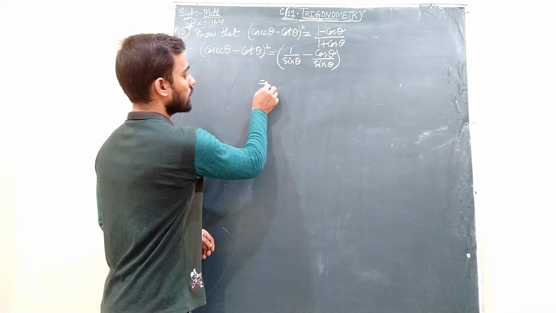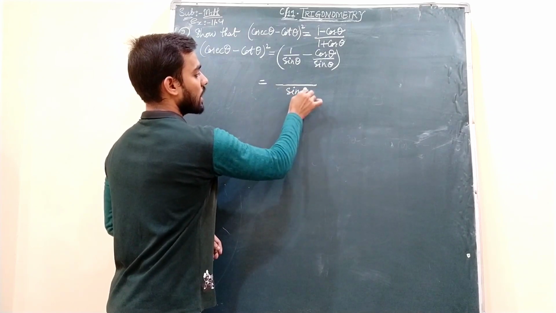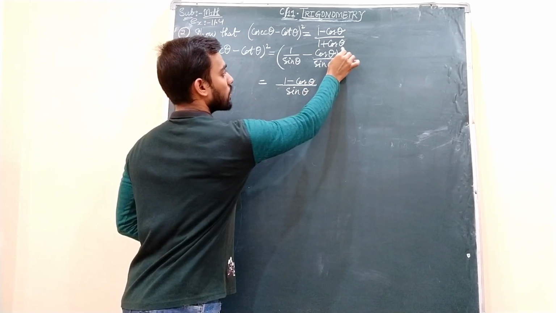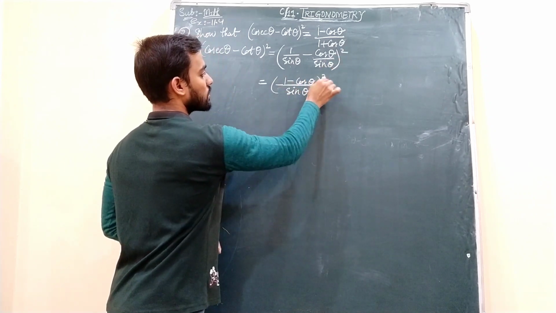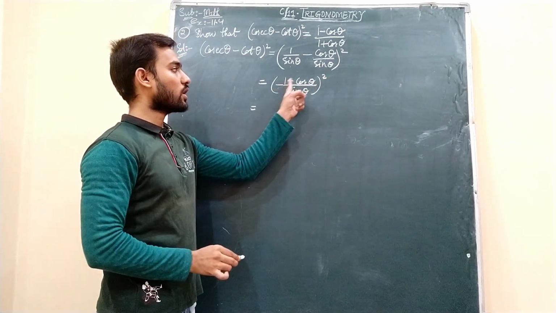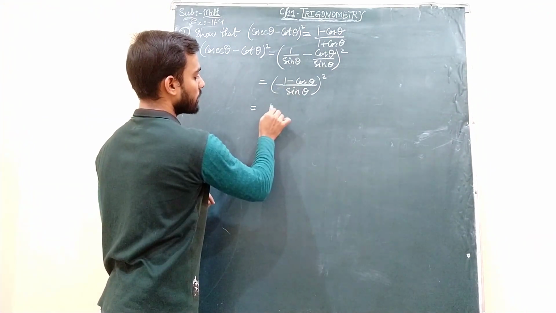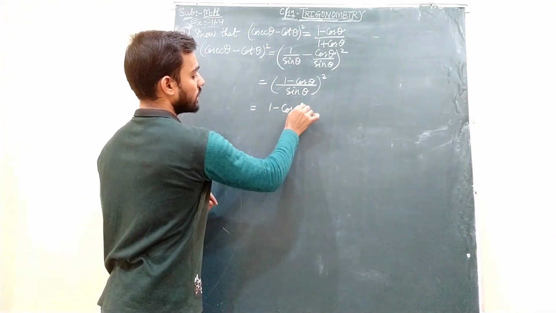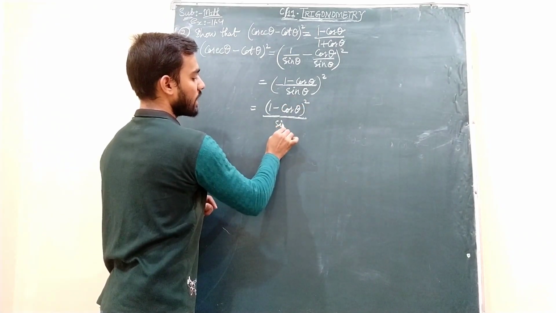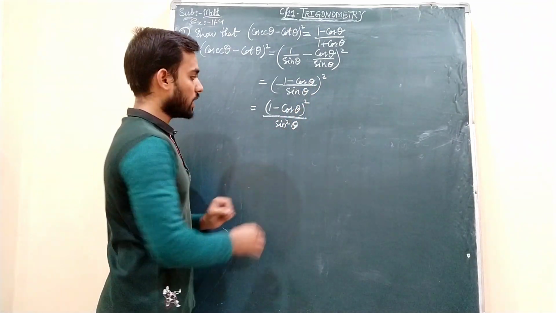Now both the denominators are the same, so LCM will be sin theta, and you can subtract the numerators, that is 1 minus cos theta. Whole square exists as it is. This square goes on. Now this square is there for numerator as well as for denominator. Understand students? So this I will do separately. (1 minus cos theta) whole square I will write, and for the denominator I will write sin square theta. I have applied this square to numerator as well as to denominator.